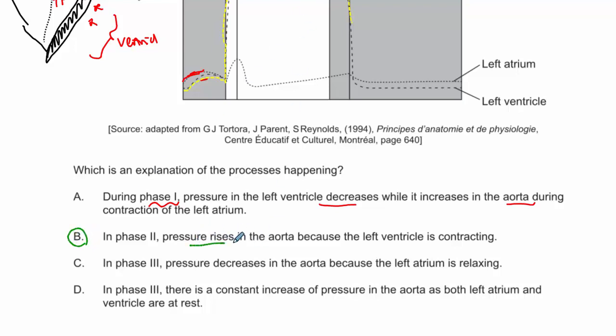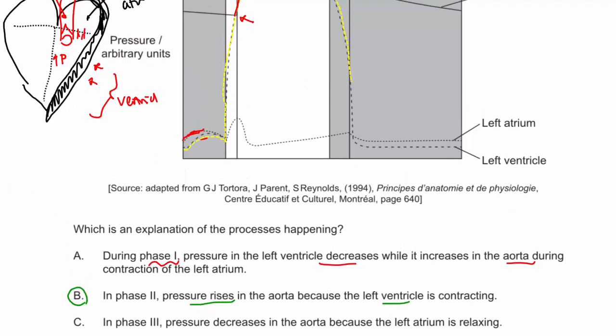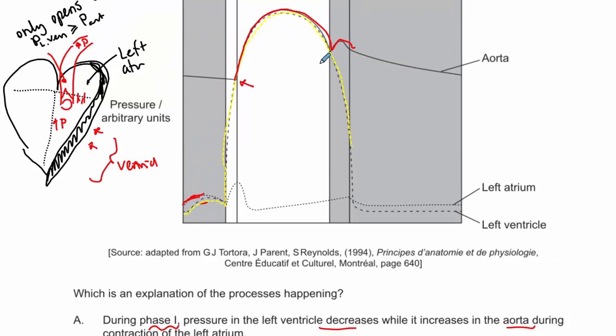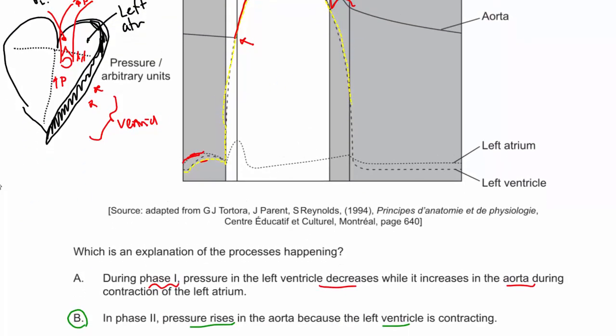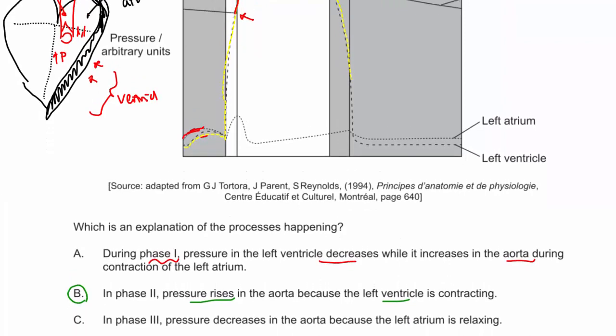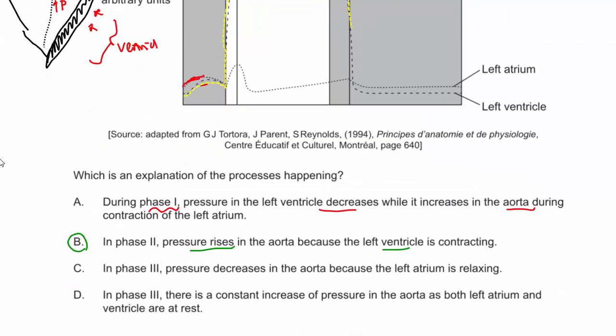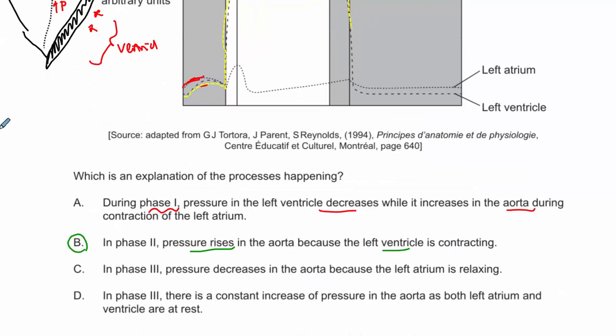Everything here looks correct. Let's just check C in case. So in phase 3, pressure decreases in the aorta because the left atrium is relaxing. Okay. In phase 3, so this is the gray one. Pressure decreases. Okay. Well, it does decrease in the aorta. Yeah, it decreases a little bit here. Okay. And why do they say this happens? Because the left atrium is